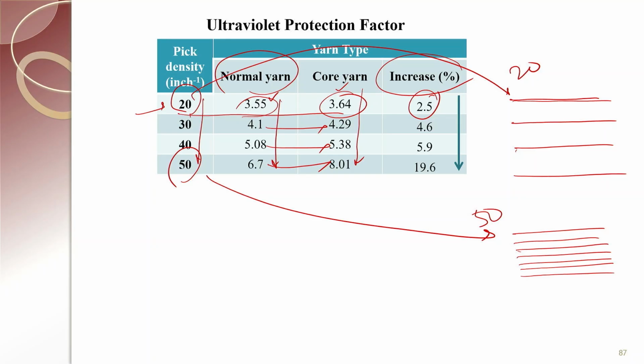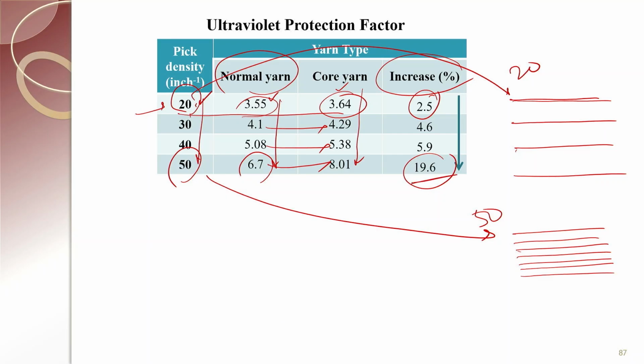So, here if we see compared to normal yarn, the core yarn's UPF has increased a lot, 19.6% as compared to 2.5% in case of 20's count. So, in both the cases, in 20 peak density and 50 peak density, in both the cases there will be flattening in case of core spun yarn, but